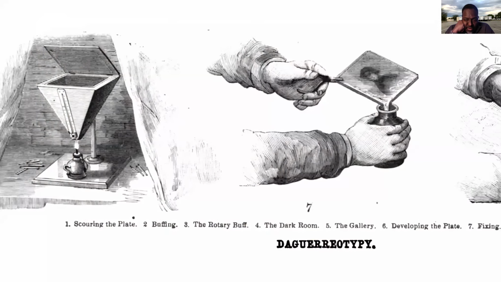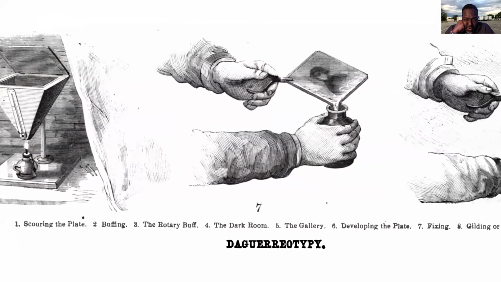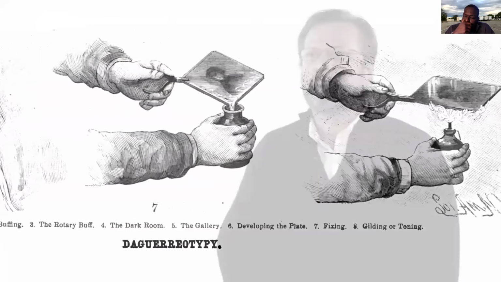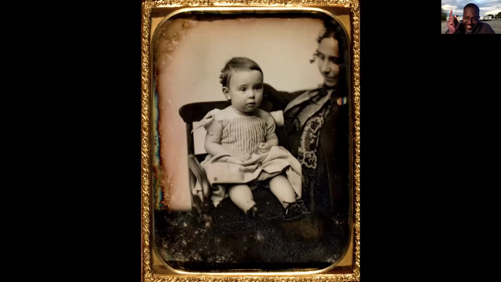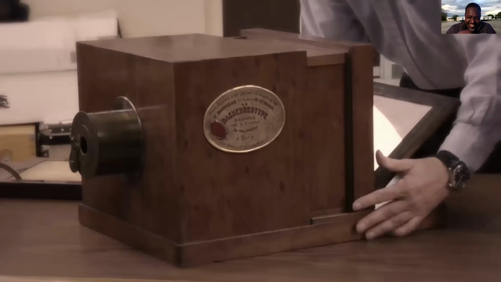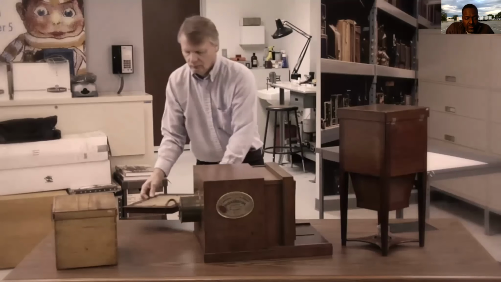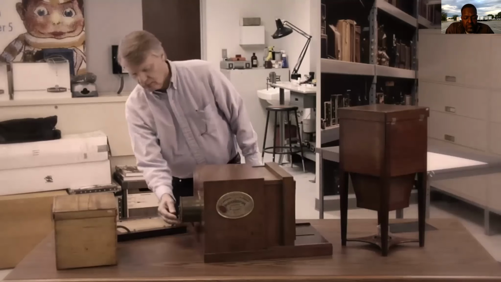Daguerre would give the process to the government. The government then would allow anyone in the world to do the daguerreotype, except England. So if you wanted to make daguerreotypes in England, you had to pay a fee. That's Talbot. This is the Giroux daguerreotype camera. It would be the world's first commercially manufactured lens camera. It's the camera, but it's also the system that goes with it that you need to sensitize and process